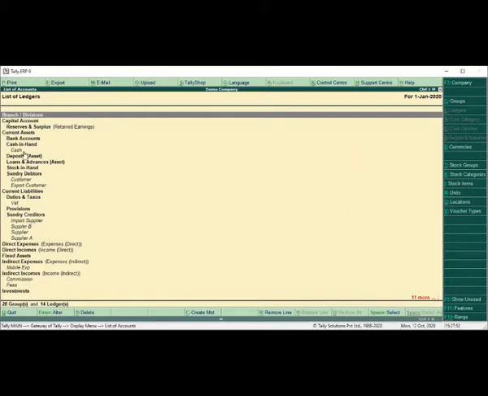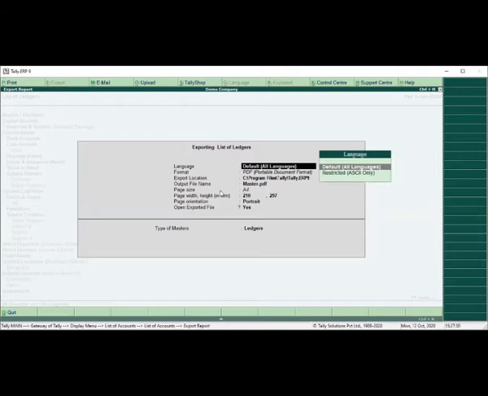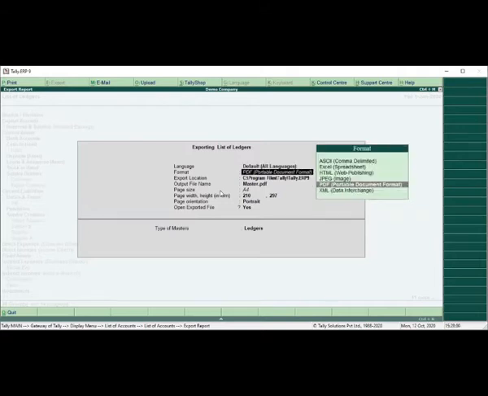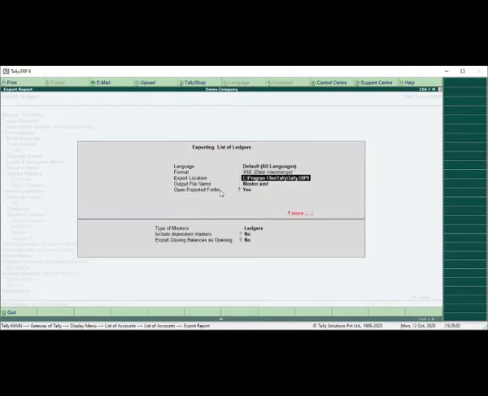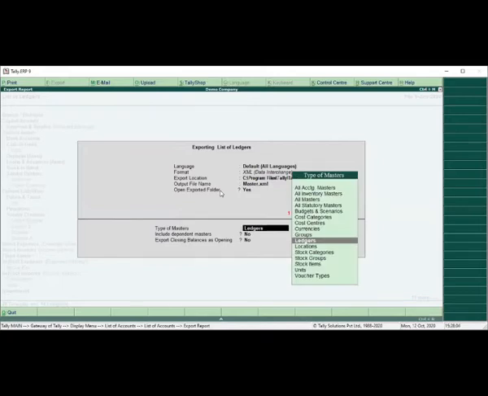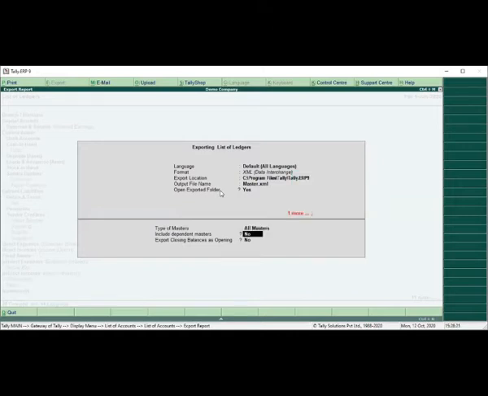These are the masters. You can see the group master also reflecting under it. So I can export from here. If you are exporting, the format should be XML. Select the XML format and export it. While exporting, if you want to export all the masters, select all masters. If you want only inventory, select all inventory masters or all accounting masters. It's up to you. If you want to export everything, select all the masters and export it.